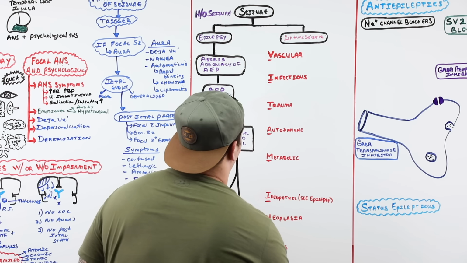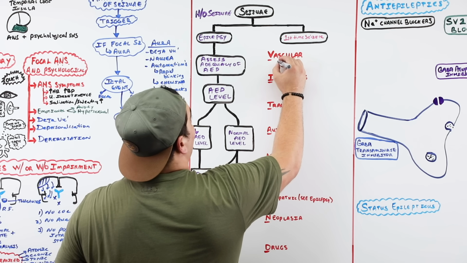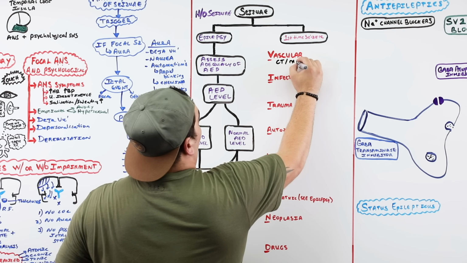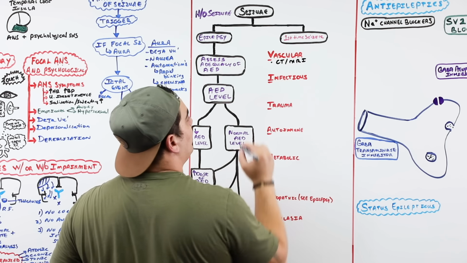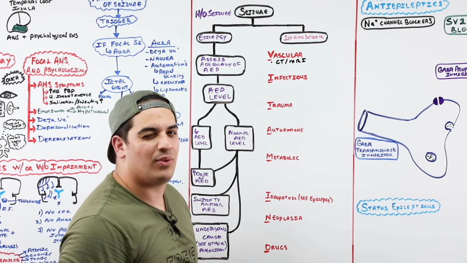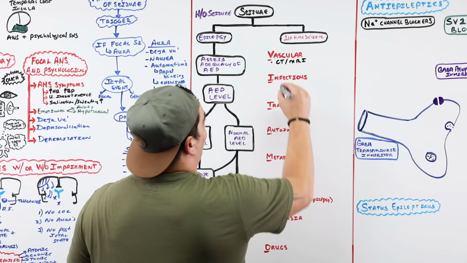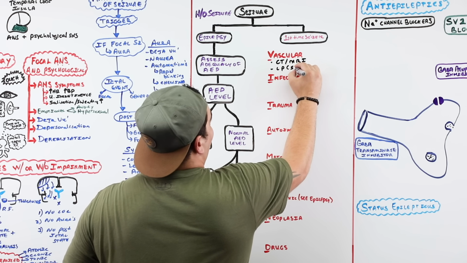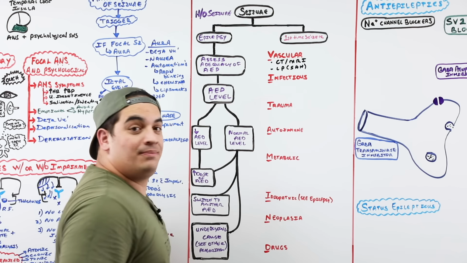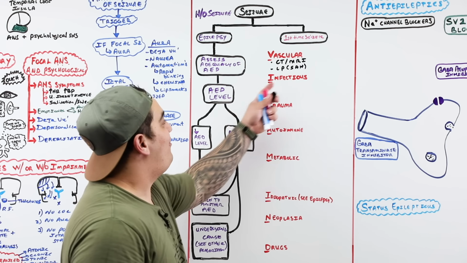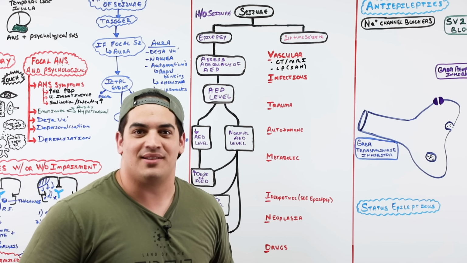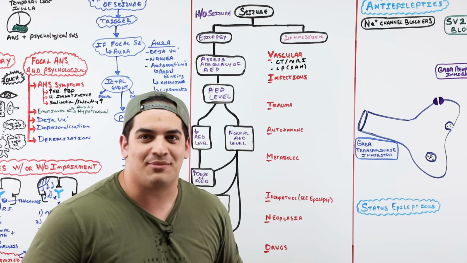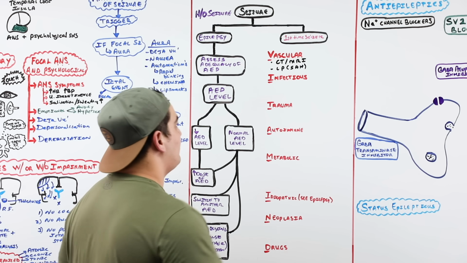What could I do? I could get a CT. I could get an MRI, and if I really wanted to, especially for subarachnoid hemorrhage, what else could I do? I could get a lumbar puncture for subarachnoid hemorrhage, right? Good enough. Okay? Infectious etiology, what were the causes? Meningitis, encephalitis, brain abscess. What do we do?